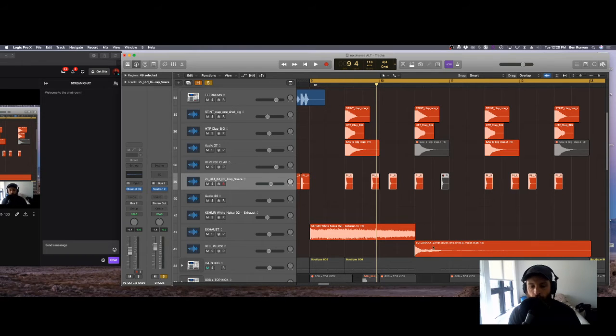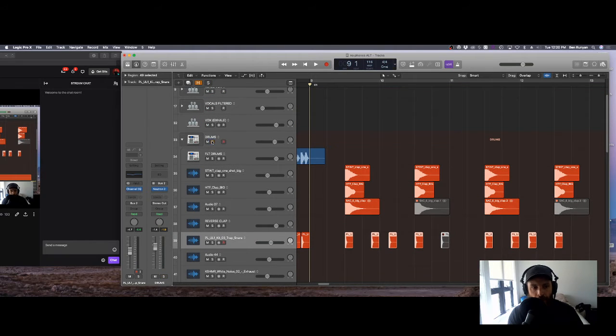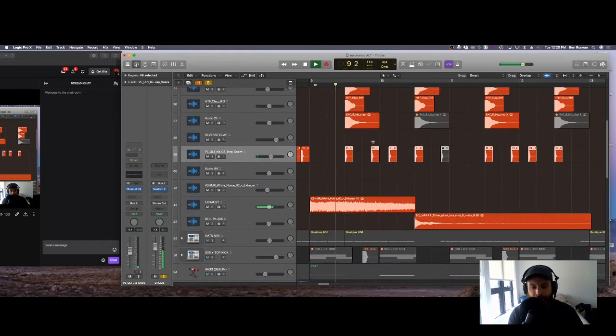Then I found this cool little pluck. I'm not really sure exactly what instrument this is. That happened to be in G major, which is a cool sound. So it's in the same key, and it almost acts as a percussive element as well. So I thought that sounded really cool. So all together,